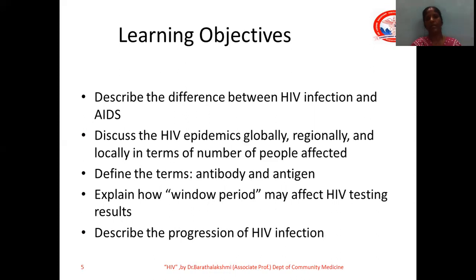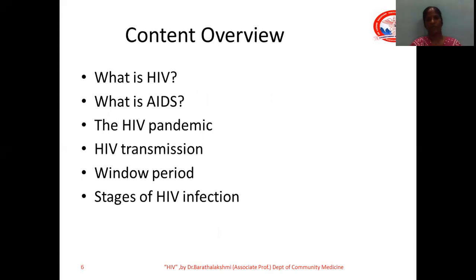And then followed by a progressive decrease in the CD4 helper cells and a progressive increase in the infection rate and severity of the infections, then going for total immunodeficiency and succumbing to morbid infection. So we have seen what is HIV and AIDS, the HIV pandemic or the modern pandemic, the routes of transmission